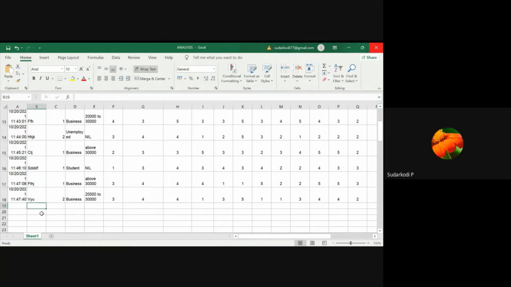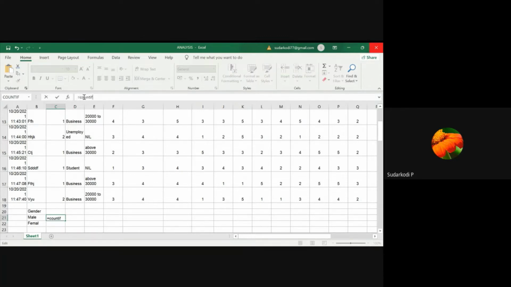So how can you do that? If you take gender, you have two options, male and female. Okay. Now to count how many male and how many female are there, you have to go to the formula bar. That is, you can see here fx, near that is your formula bar. Always your formula starts with equal to. So equal to count